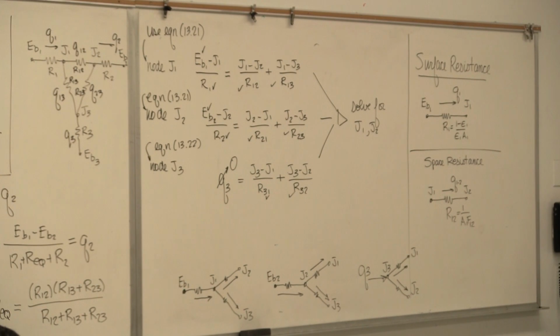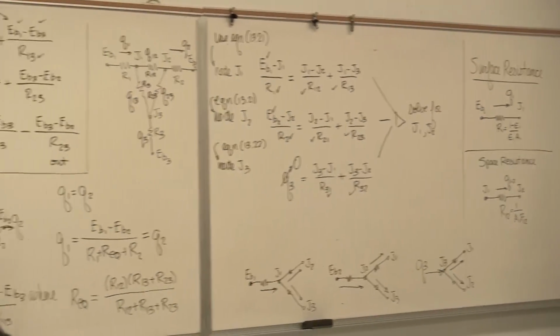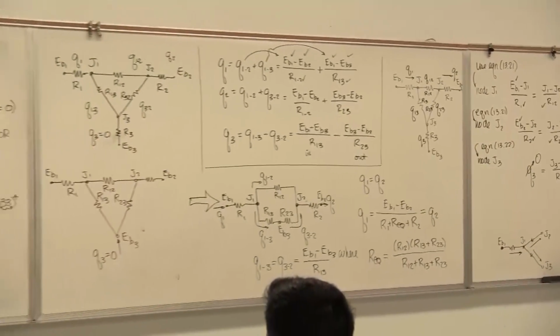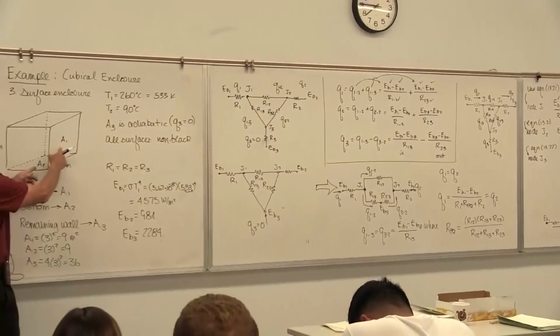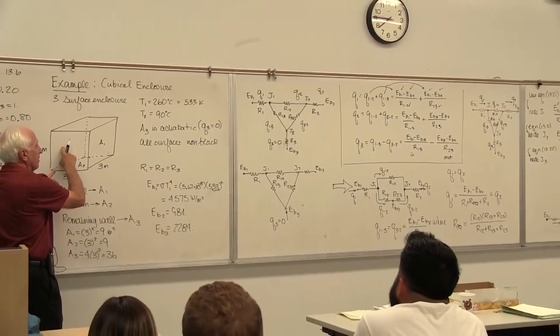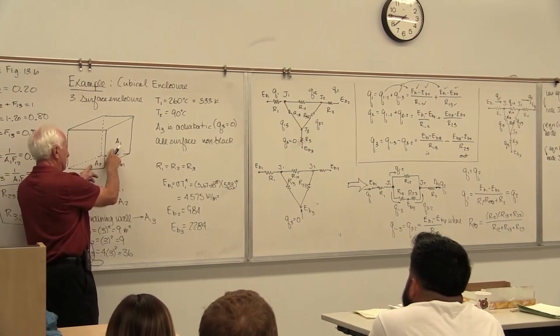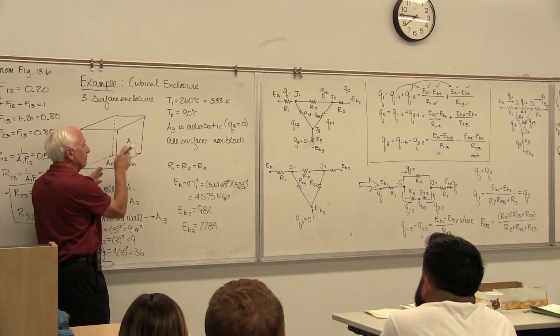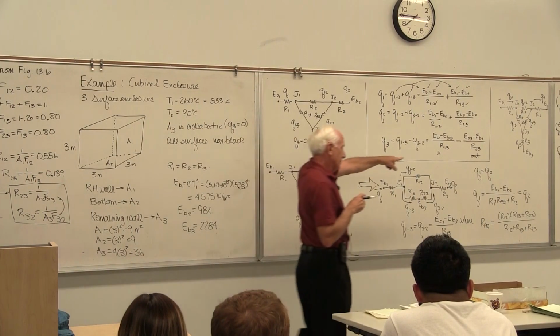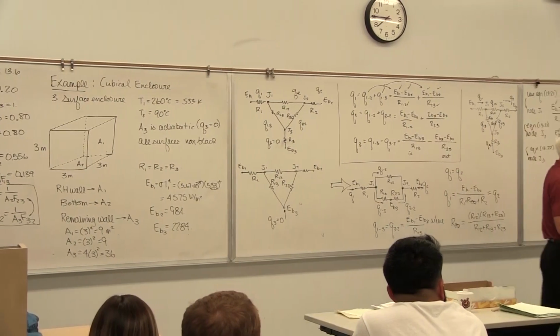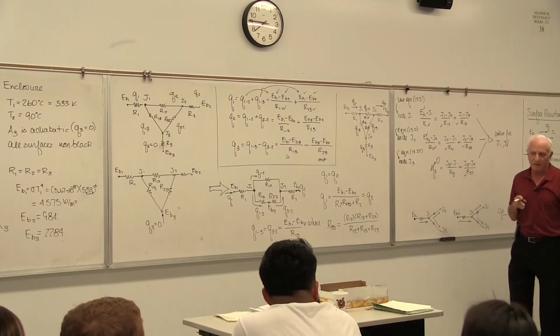First, just to review, the first problem was I know all 3 temperatures, T1, T2, and T3. All surfaces are black. I showed you how to solve it. Next problem, 3 surfaces, 3 known temperatures, but they're not black. We solved it. Next thing, 2 surfaces, known temperature, other surface adiabatic, all black. We did it. The last one, 2 surface temperatures given, 1 surface adiabatic, non-black. There it is right here. And there's not much more you can do in a 3 surface enclosure. I just about covered everything on that.